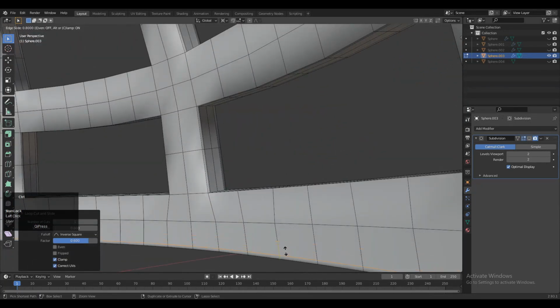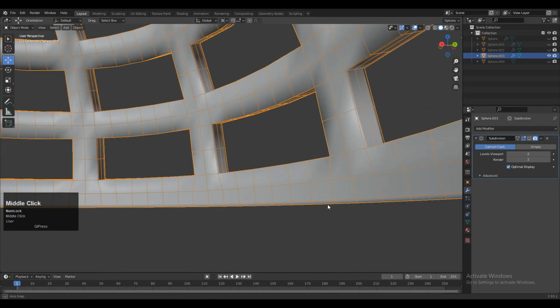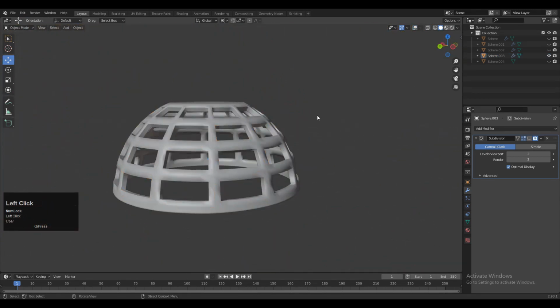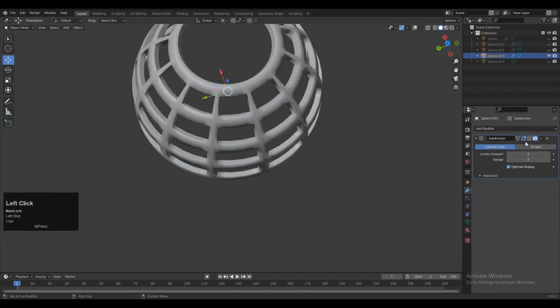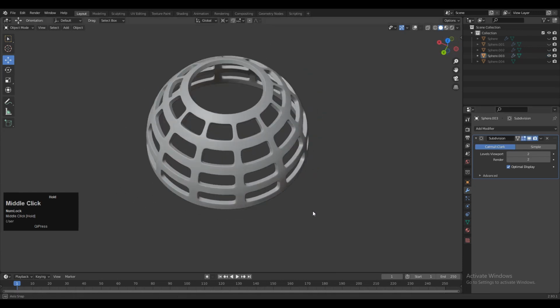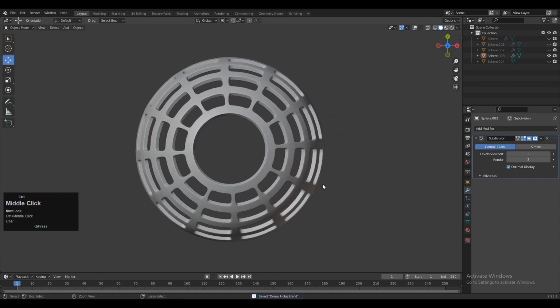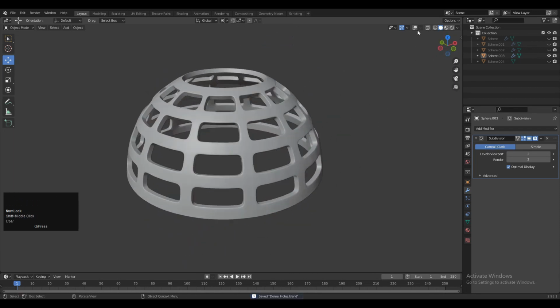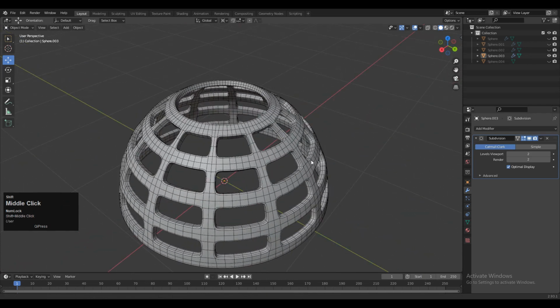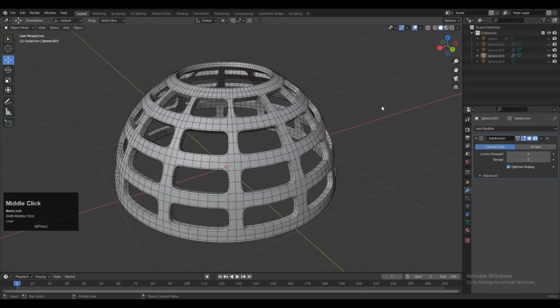So just add a few loop cuts on the model so you will get a decent form here. And then you can see that looks good. Just turn on that subdivide surface modifier and in this way you can create this kind of Boolean dome form. So we are getting the right topology on the model, we are getting the smooth shading also, and that looks good.